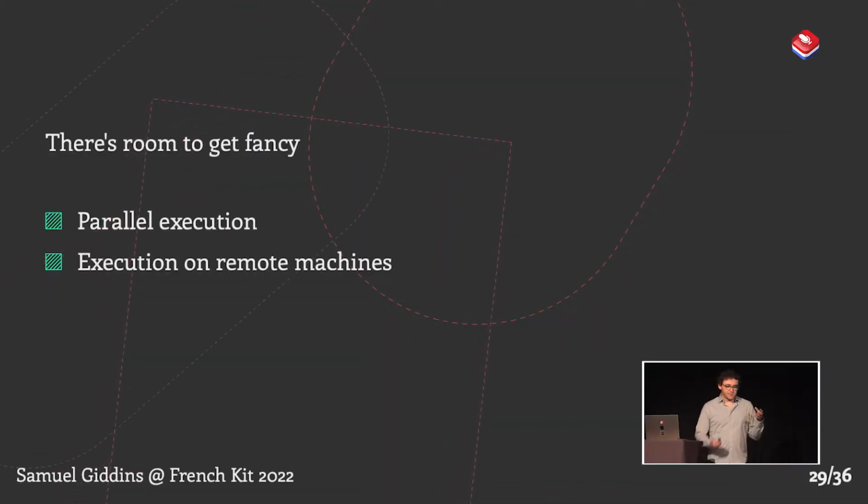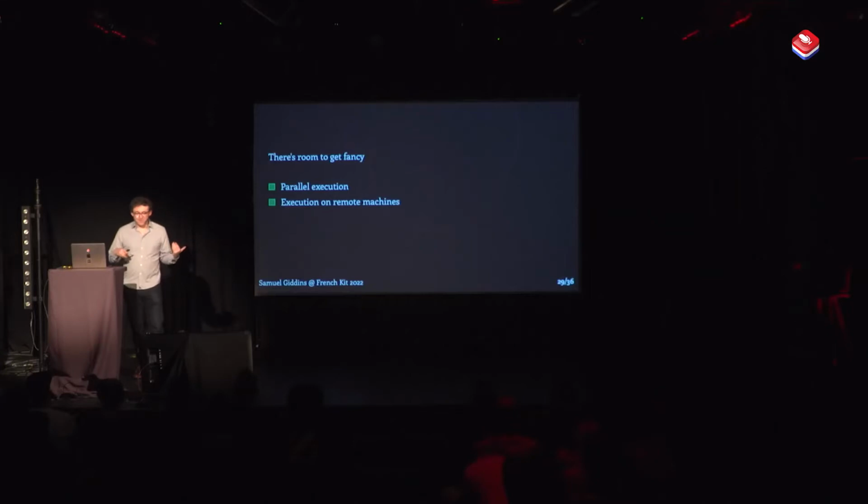We can get even fancier. We can execute our compilers on other people's machines, which is better than executing them on your machine, because your machine then won't turn into a lap warmer. And it turns out there's a lot more of other people's machines in the world than there are of your machine. Actually, back in the day, Xcode used to have a distributed build option, and then they got rid of it. And I don't think anyone noticed.